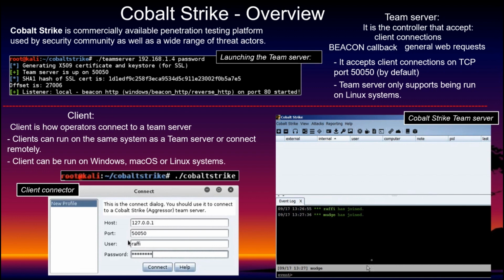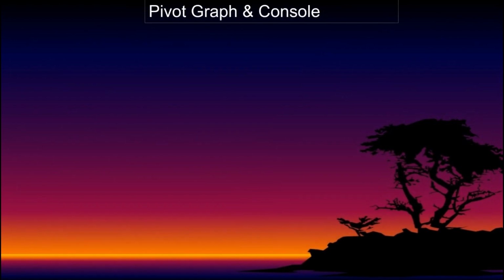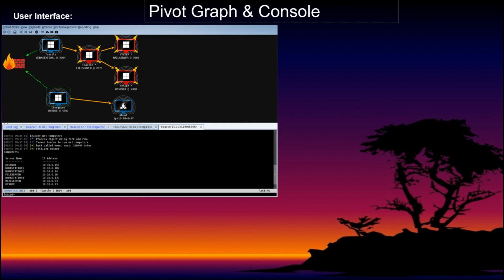So let's carry on with the next slide, where we'll concentrate on this user interface. All right. This is how the user interface looks. The Cobalt Strike user interface is split into two parts. The top of the interface shows a visualization of sessions or targets. That's what we call sessions or targets. The bottom of the interface, this one,